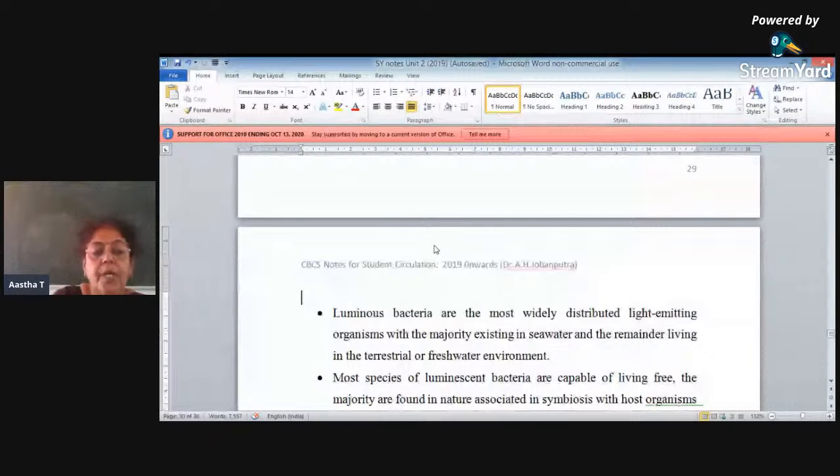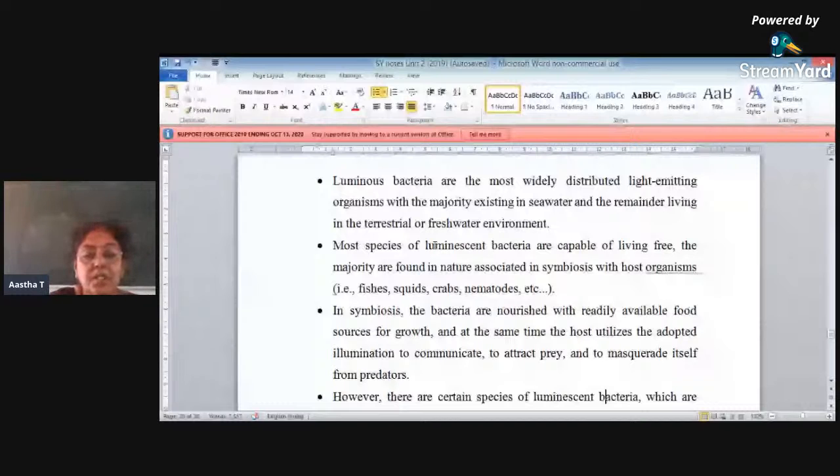Many species of luminescent bacteria can exist freely, and they are usually associated with sea fishes, squids, crabs, nematodes, etc. In symbiosis, the bacteria are nourished with the readily available food from the fish, and at the same time the host utilizes the bioluminescence of these bacteria for communication, for attracting the prey, and to protect itself from the